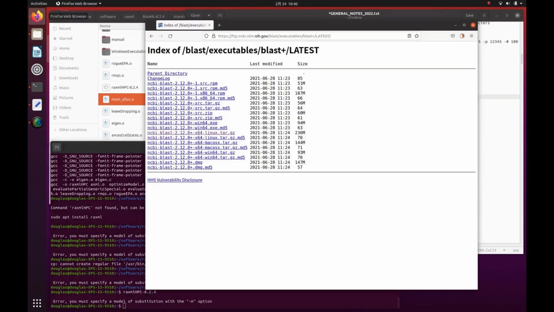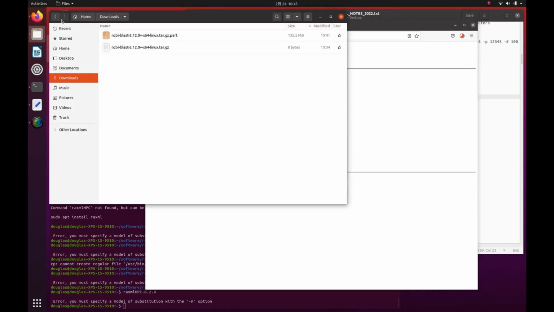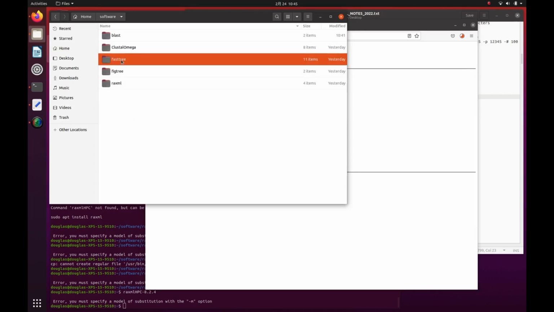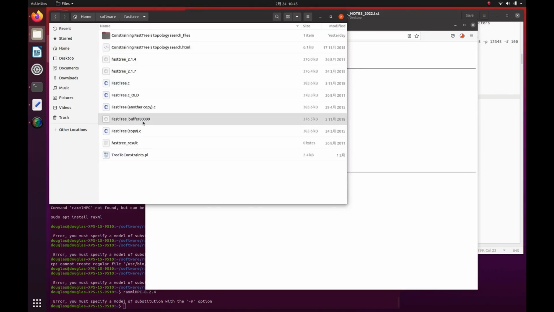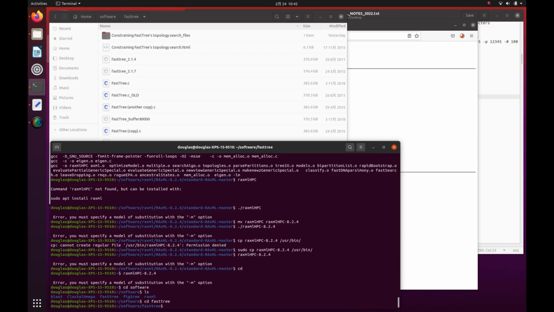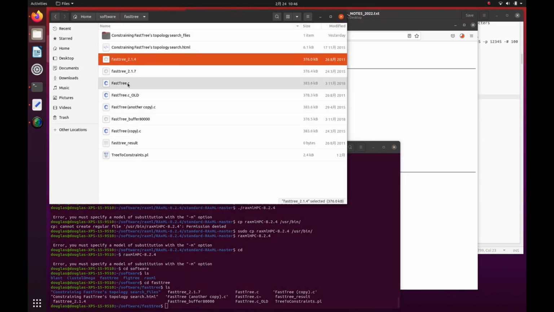BLAST, we are downloading. Okay, that's quite slow. I'm going to look at another one I put on here, which was FastTree. FastTree is very simply named and says what it does. It builds trees. FastTree is interesting in that